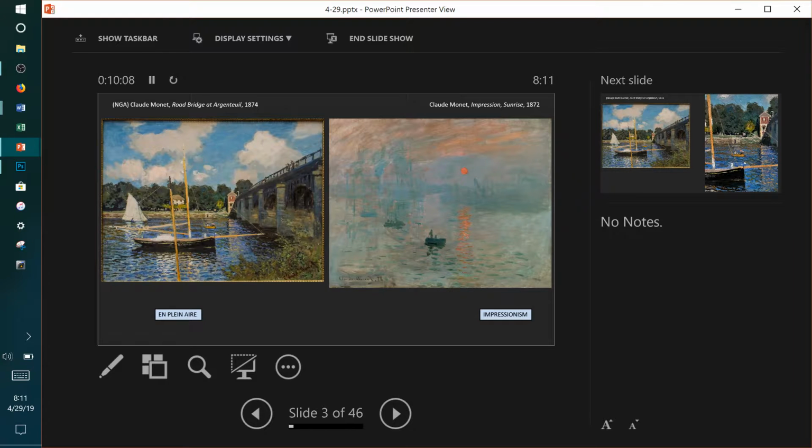So they're painting outside. They're beginning these things outside, finishing them in the studio. But one of the things that they're trying to do is to give the, dare I say, impression that the entire thing was done outside.